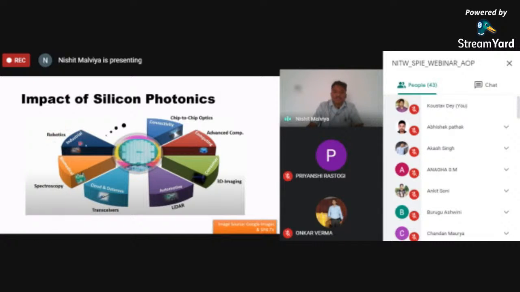Another application is robotics in industry. In industry, lots of things depend on robotics, so the control of that robotics is very important. Suppose the industrial area is somewhere else and we have to control all those robotic components. Silicon photonics and the optical domain are very helpful because we can control it in a very fast manner. So these are the different areas where silicon photonics impacts our life very prominently.